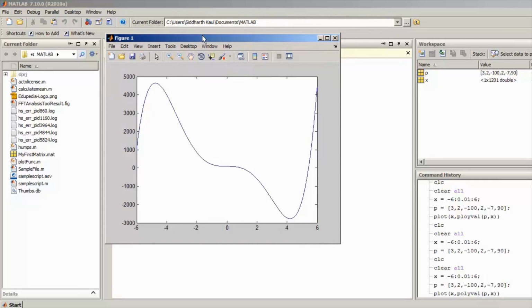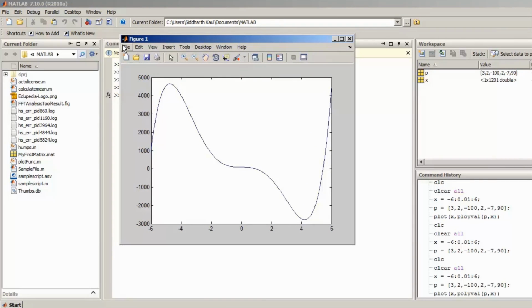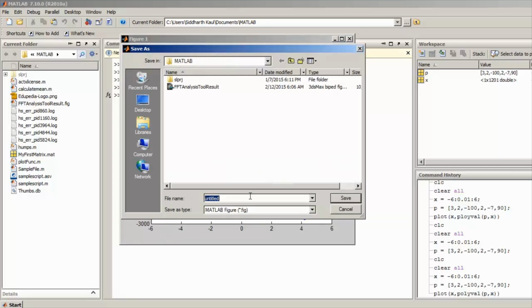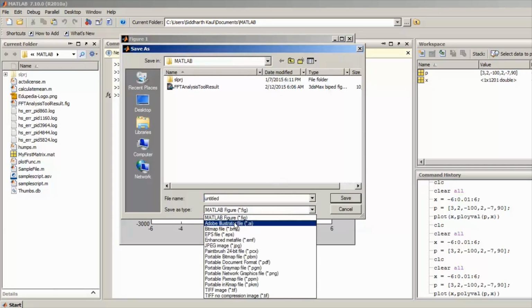Now let's see how we can save it. Either we can go to File, Save, or we can just click the Save button from here. When we click Save, it opens a Save dialog box. The Save dialog box allows you to name the file in which you want to save, and allows multiple formats like the MATLAB figure format, bitmap (.bmp), PNG, PDF, or JPG.